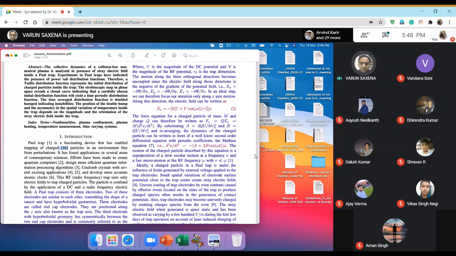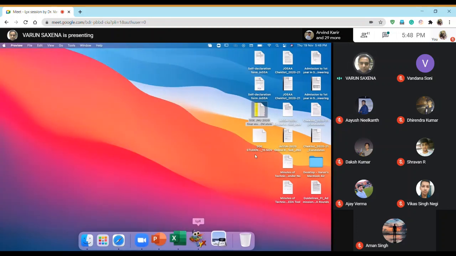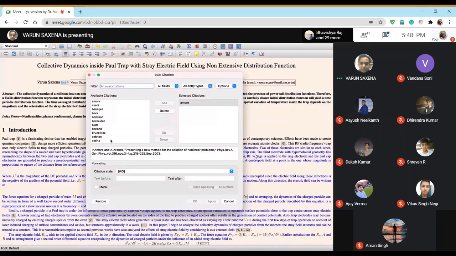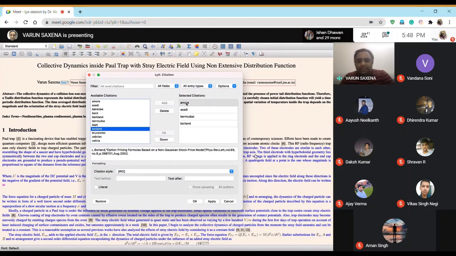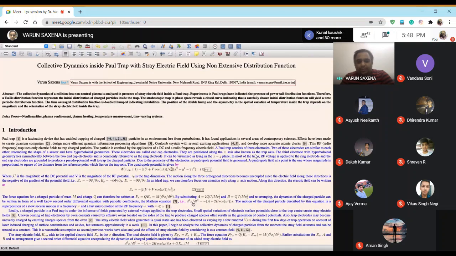At this place, I could add more than one reference. So I open over here again. Let's say I want to add this also, so I put add. Then this also, add. Then this also, add. The sequence in which you add them, from top to bottom, is the sequence in which the numbers are going to appear. If I press OK, you can see all these papers are there.